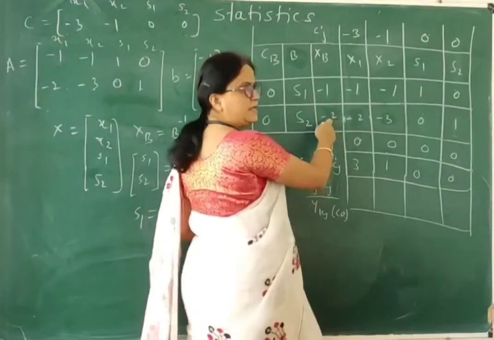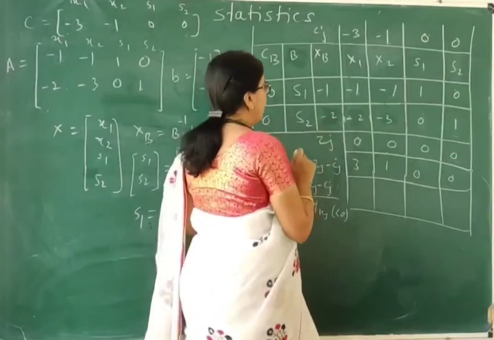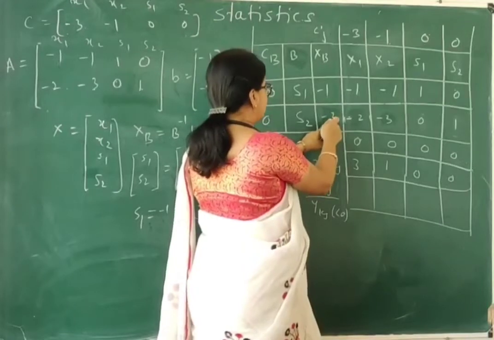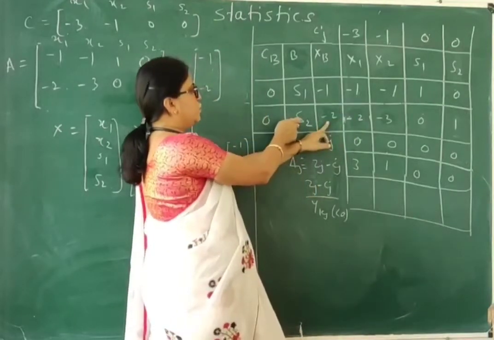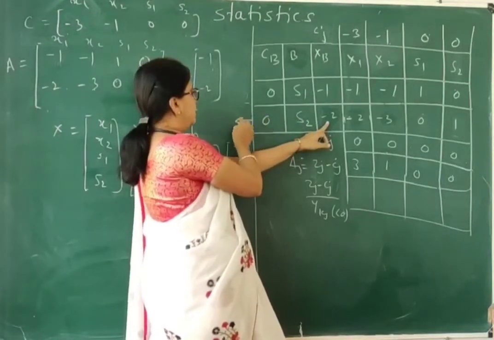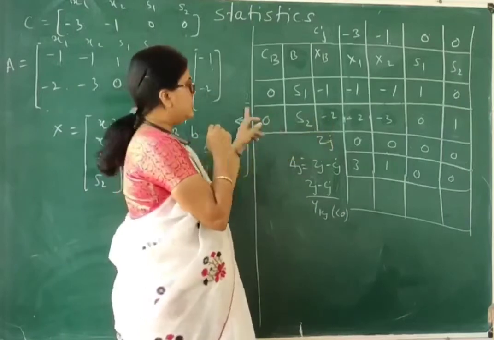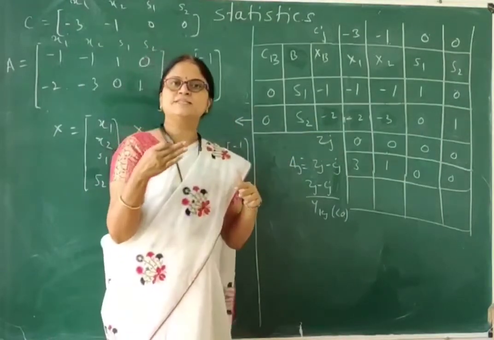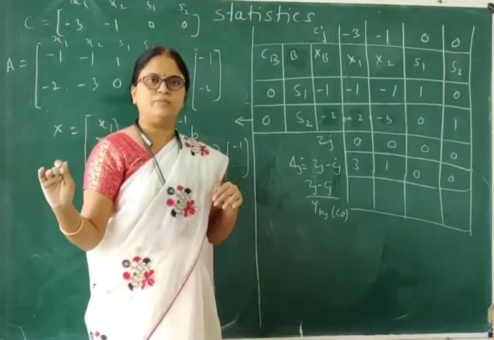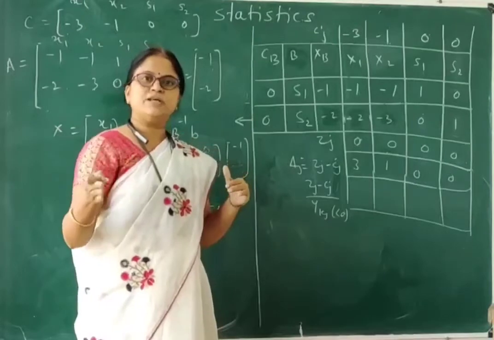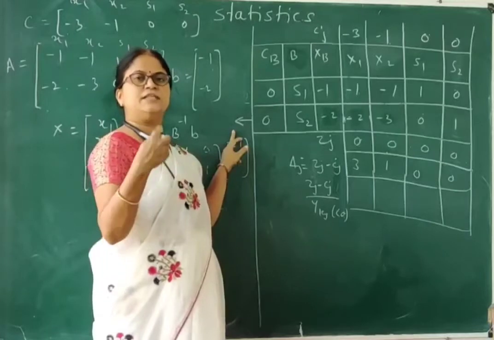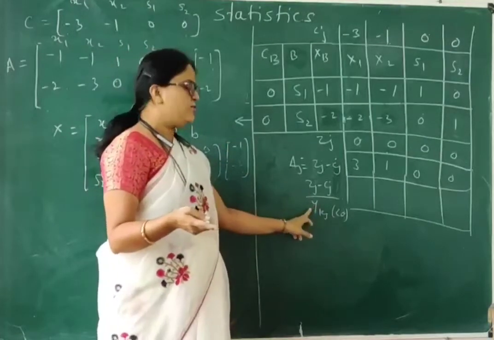The most negative is minus 2 over here. Since this is the most negative, minus 2, the corresponding element is H2, and H2 is now my leaving element. In the simplex table, we enter one variable and then by using the ratio we can leave a variable. Over here, in the reverse simplex method, we get the leaving variable first, and then we can find the entering variable by using this formula.